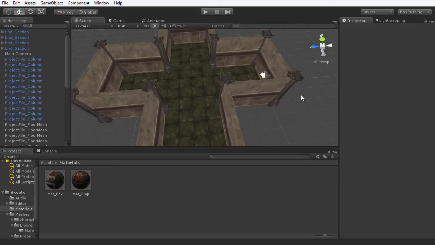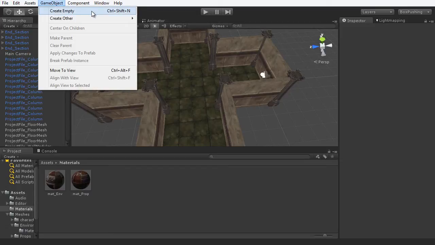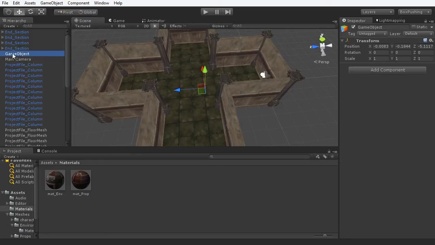Now the next thing I'd like to do is to introduce some organization into my project concerning game objects and their hierarchical arrangement. So I'm going to do that now. I'm going to add a new game object to the scene by choosing Game Object, Create Empty, or I can press Ctrl-Shift-N on the keyboard. That will add a new game object to the scene, and I'm just going to name this game object ENV